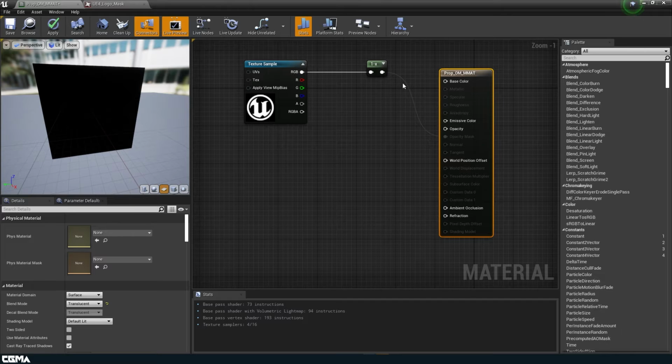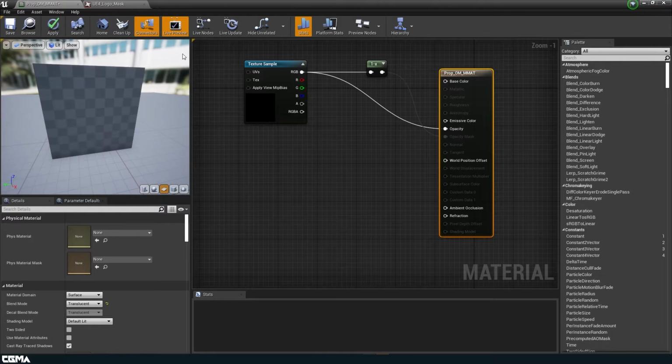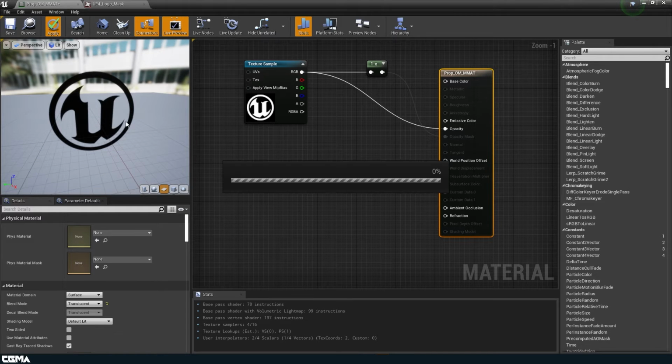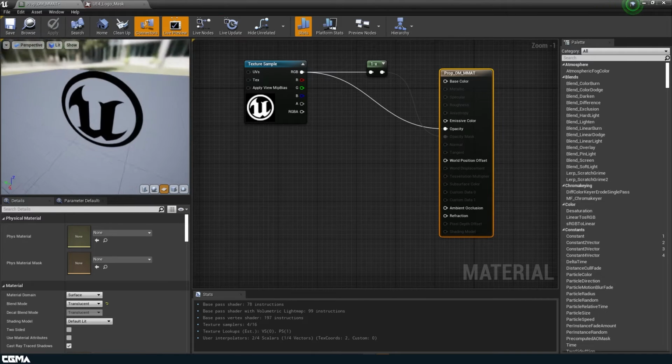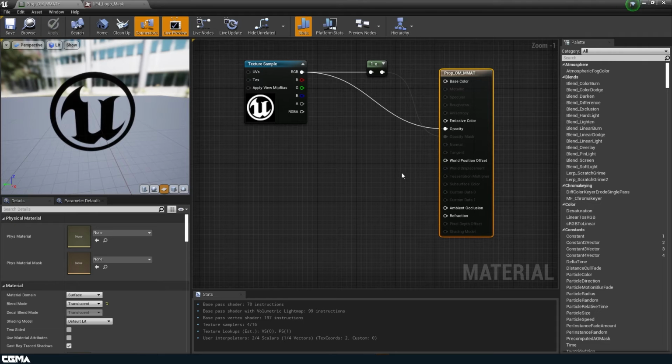And of course it turns black because it turns off the opacity mask slot. And now let's plug that into our opacity. And as you can see, it looks the same, honestly. But you'll also notice that we don't have metallic, specular, roughness, or anything like that. Right now, we can only use color, emissive, opacity, and ambient occlusion. What translucency is, it's different than a masked opacity, where this one actually uses the grayscale values to transition